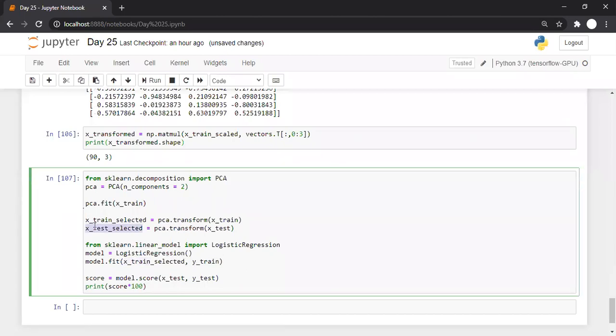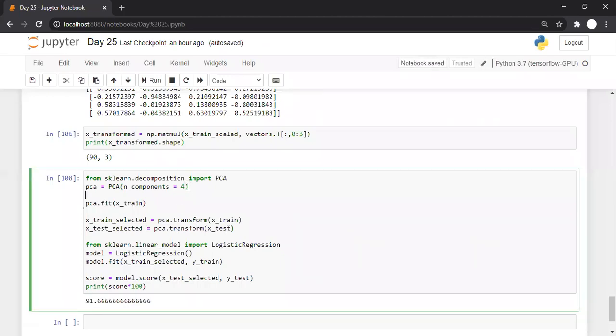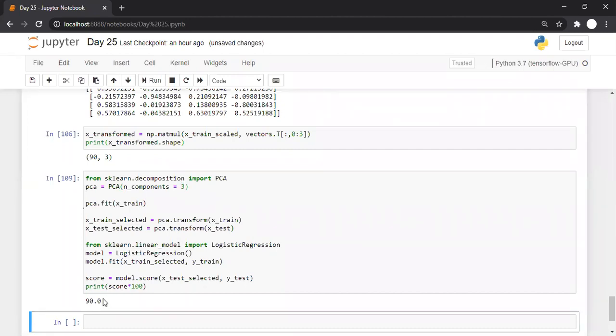And similarly for score, I'll use X test selected. Let us start with 4 components and see what the accuracy is. With 4 components, the score is 91.67%. It's good. If I'm using 3 components, the score is reduced to 90%.